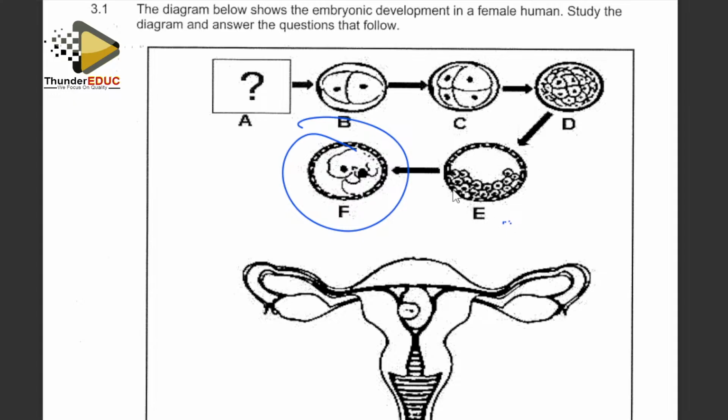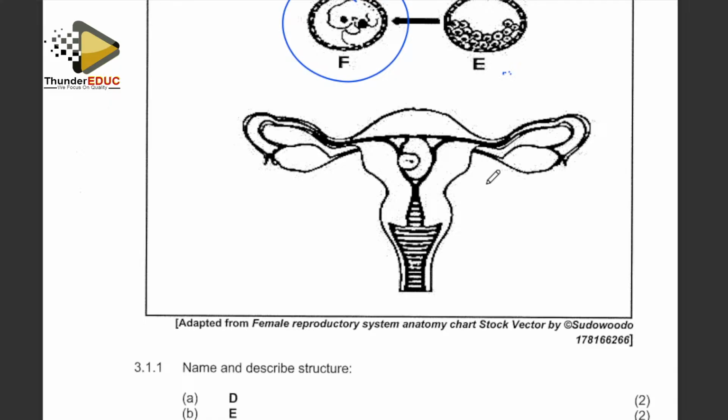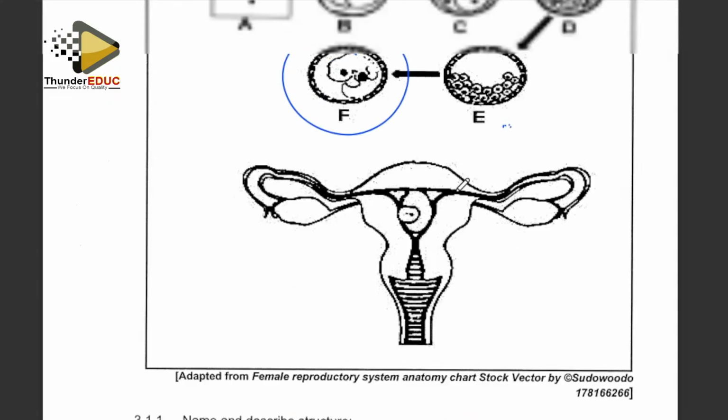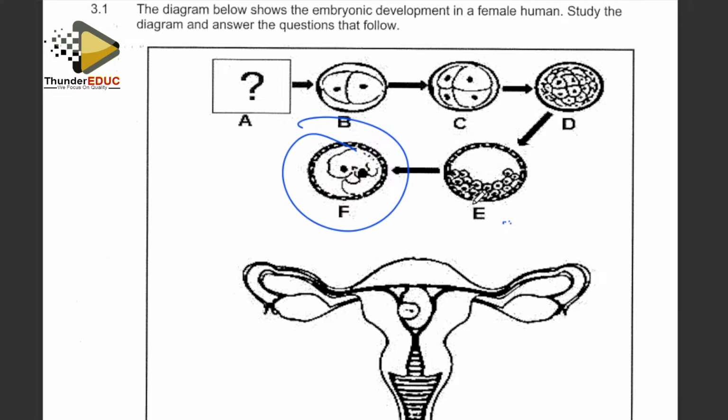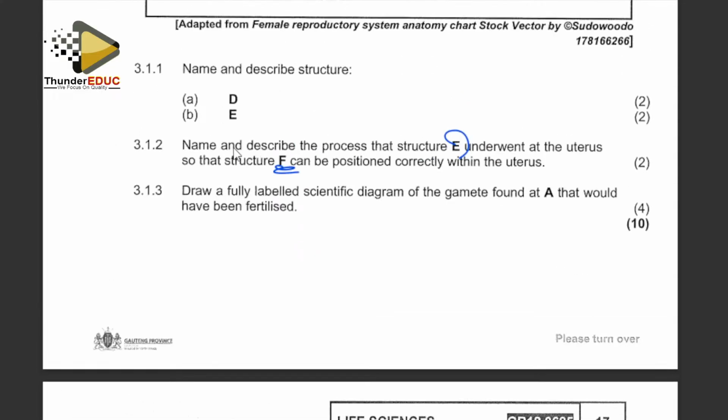Remember, it forms an outer layer called the chorion, which forms the finger-like projection for implantation. So basically it is implantation, meaning that the blastula attaches itself on the wall of the uterus or uterine wall. Remember it forms this outer layer which forms finger-like projection. Because they said name it, the first mark is implantation,